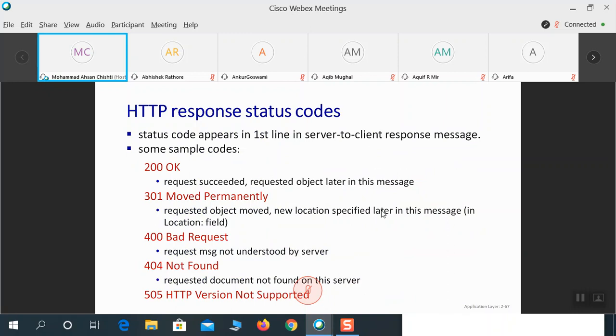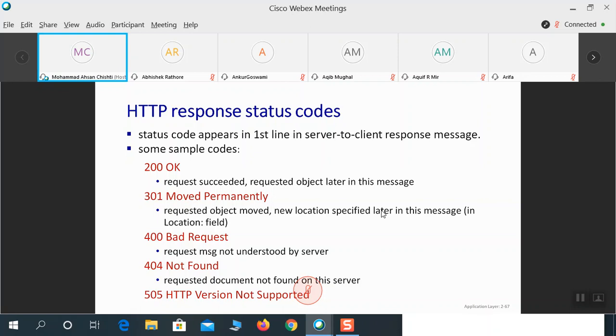There will be a message that this page has been moved, and now you can please go to this link to get that object. 400 Bad Request: the request message was not understood by the server. Maybe you have mentioned certain things which the server could not understand. 404 Not Found: the requested document is not on the server. 505 HTTP Version Not Supported.